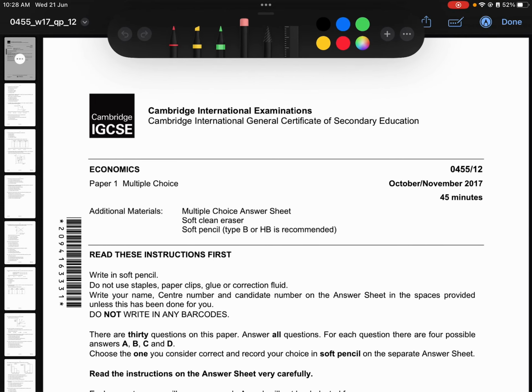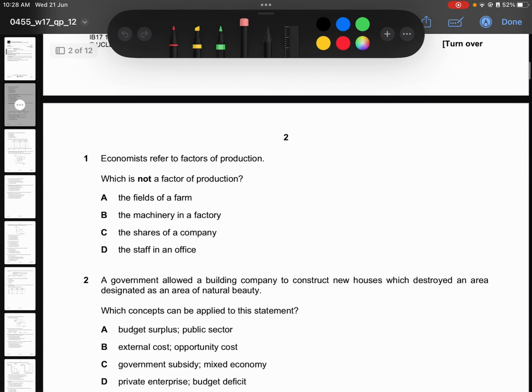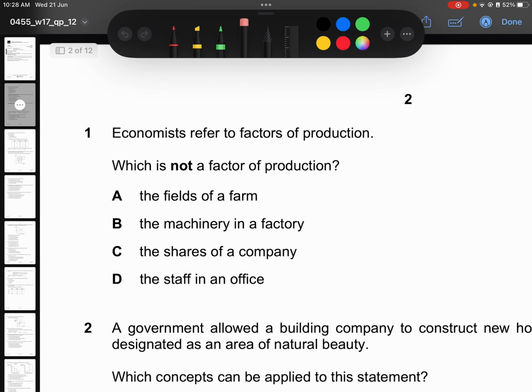Hello, today we are looking at IGCSE Economics 0455, Paper 1, Variant 2, October November 2017, Questions 1 to 15. Let's start. Now, the first question that arises up here is that